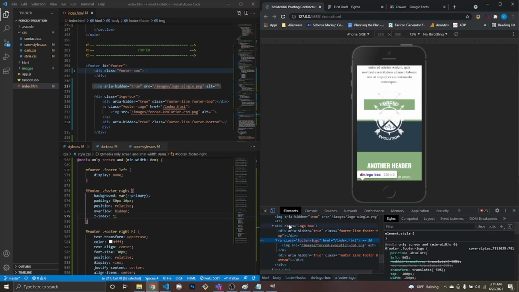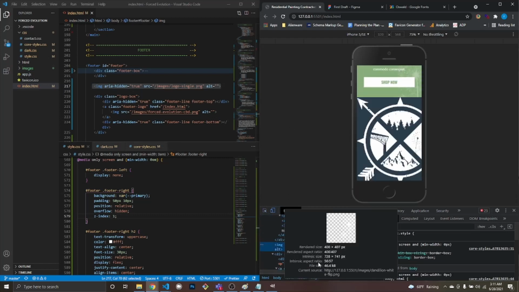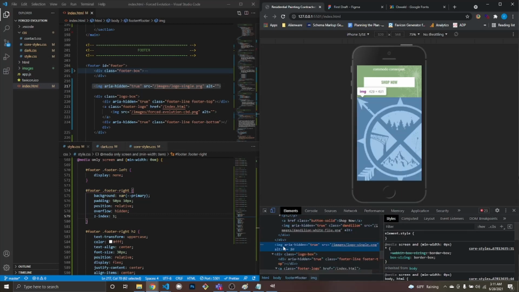Footer logo in our logo box. Oh no, this is our logo box. So if footer box is here, and you are logo single,